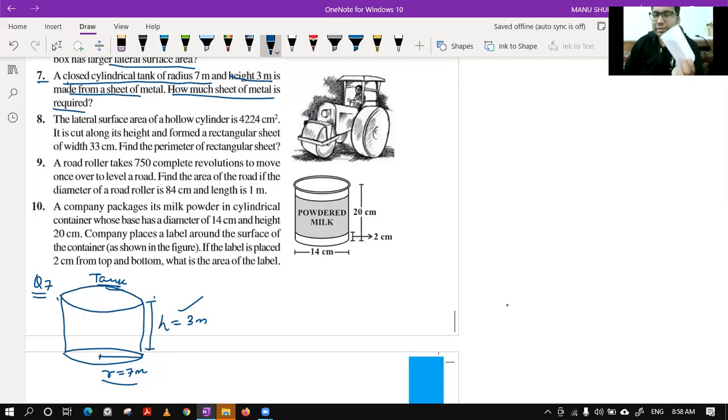Yes, in this case you are giving the top also and the bottom also, because it is a cylindrical tank, not a pipe. So you will find the total surface area of the tank, and that is the required steel. If you find the total surface area of the tank, that will be your required steel or the metal to be used to make this tank. Okay, so you can say the metal sheet required